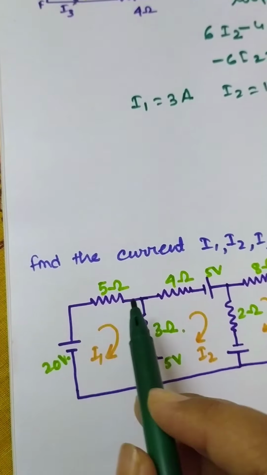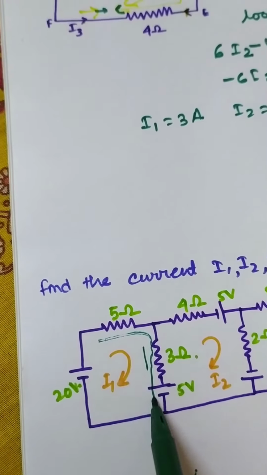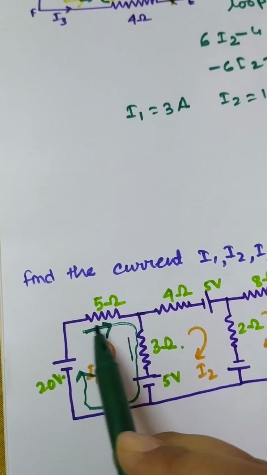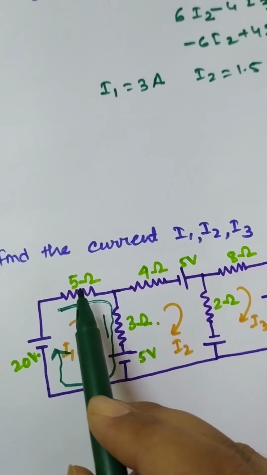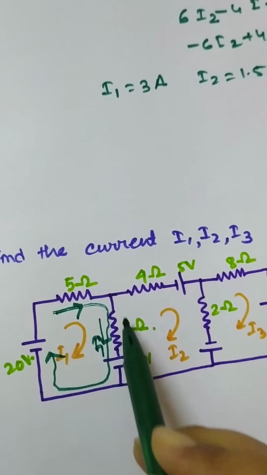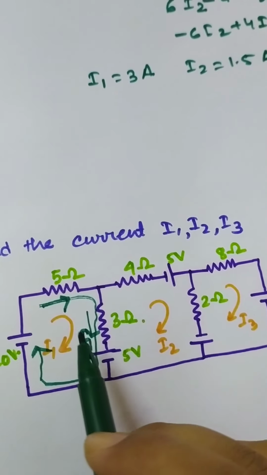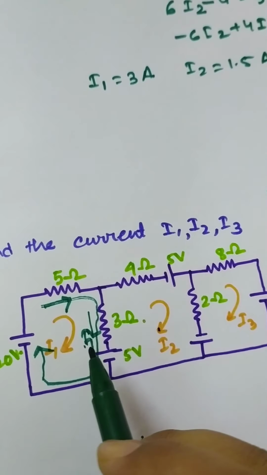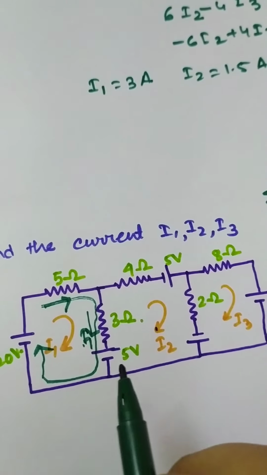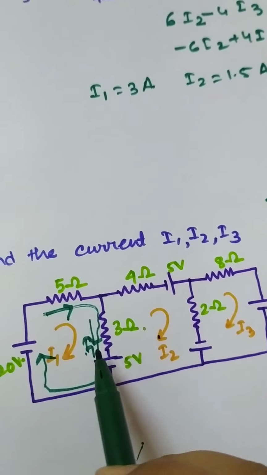Okay, so here for this loop the current is I1. So this is the I1 current, and I1 current is flowing in this way. So here it is going in the positive direction, so that is 5 into I1. Okay, and here I1 current is going, and in this resistance 2 currents are added, I1 and I2. So when we consider the first loop, then we will make I1 the main current. So we will consider I1 positive.